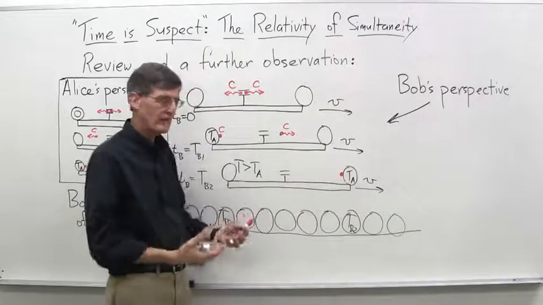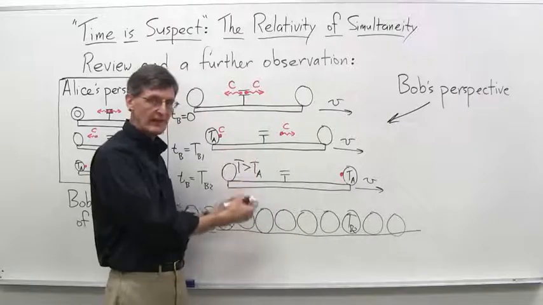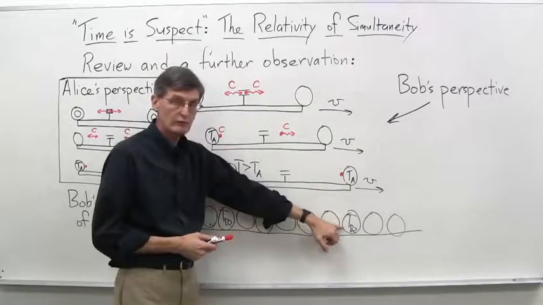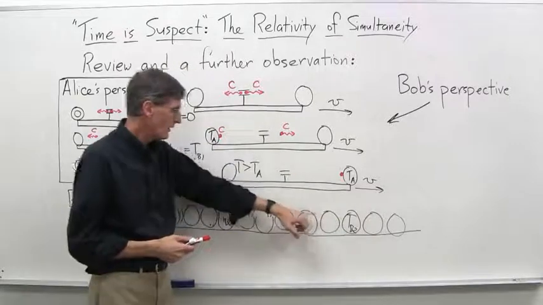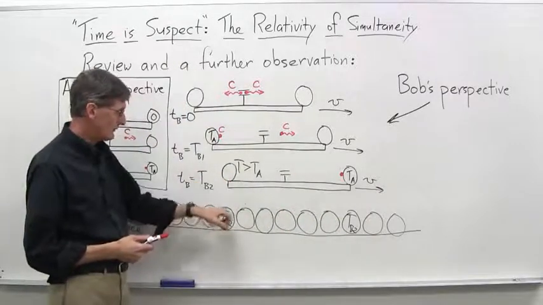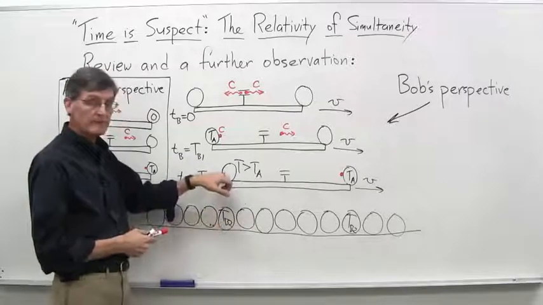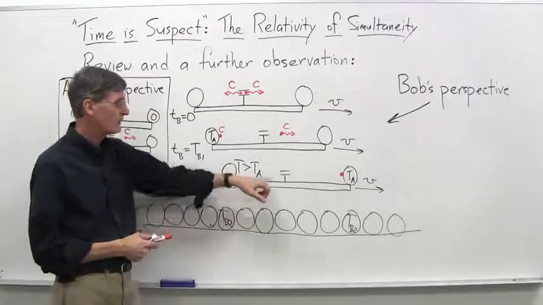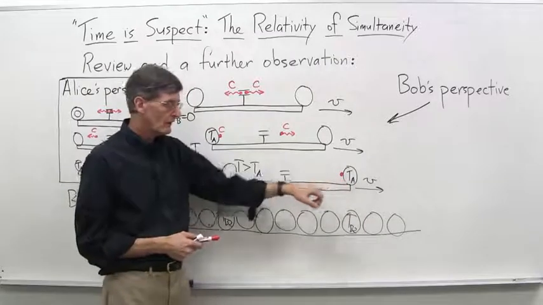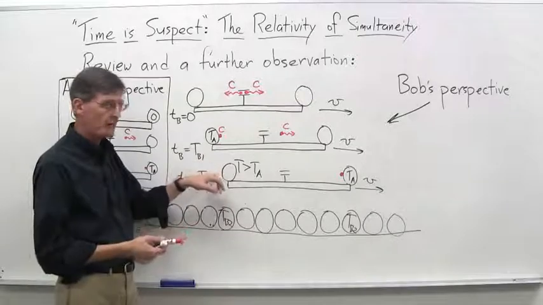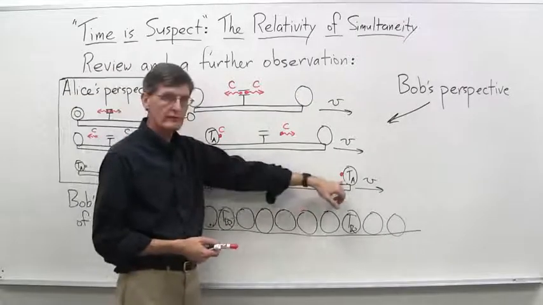They can't disagree over photographic evidence at the same location, the same event. His clock reads TB2 at that point. He also says, hey, my clock back here also reads TB2, and I just took this picture. But your clock is going to be at time t greater than T sub A. So the rear clock is going to be a higher value than the front clock here,